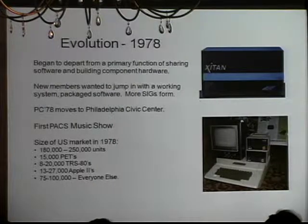There was a first music show, and I also have some statistics here about the size of the market of computing by 1978. 180,000 to 250,000 computers had now been sold. So from zero to 1978 having that many, 250,000. Apple claims to have a large portion of that, but you can see that up to 100,000 computers sold in 1978 were by companies,